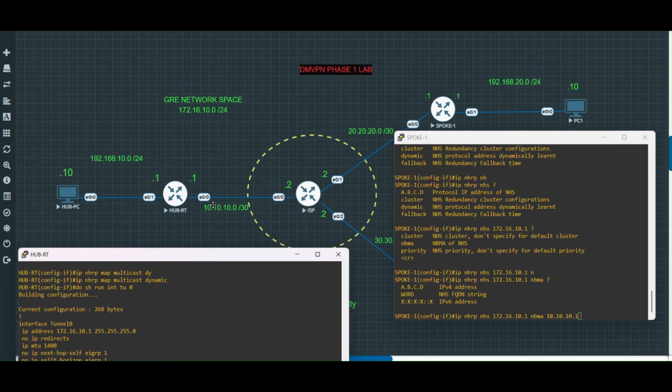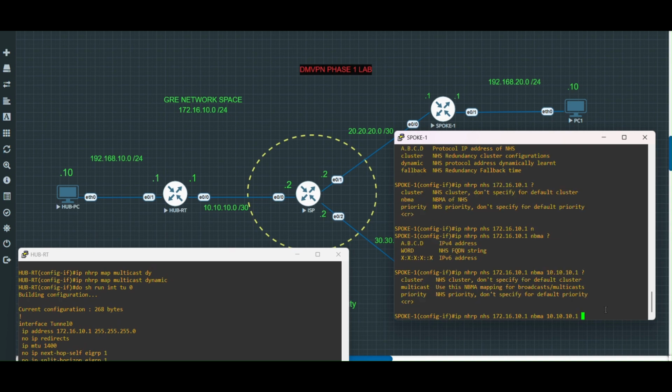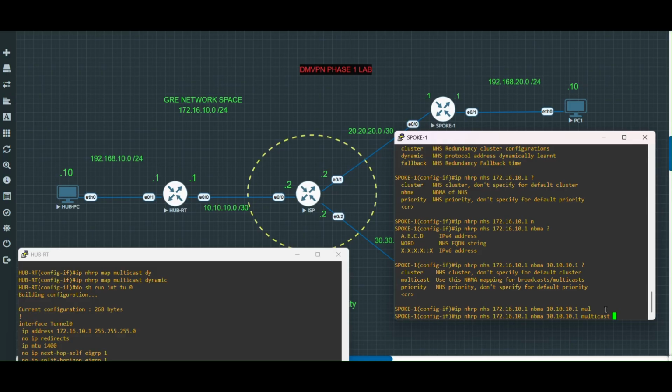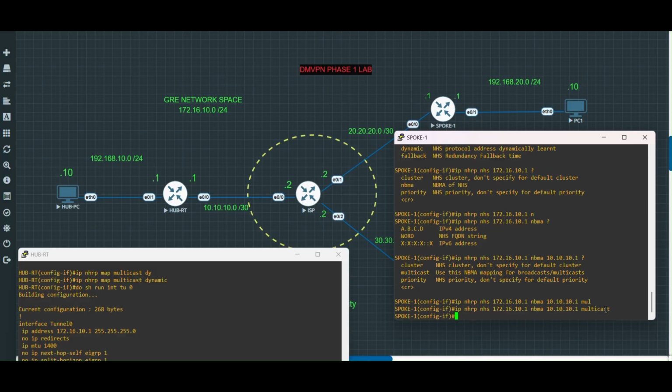As you can see here, this is the NBMA address. Okay. Now, if we do a question mark, we're going to apply multicast to it. That is the 1-liner, okay? That's the 1-liner that takes care of